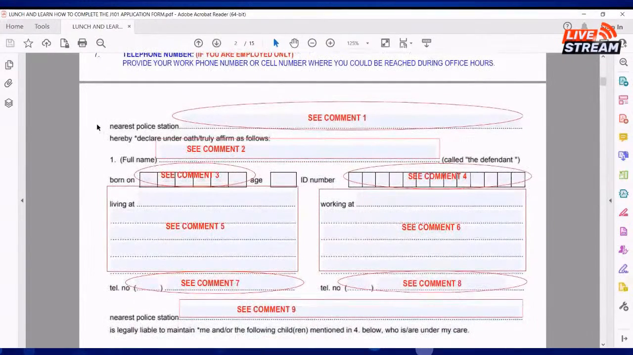Turning to the next page, it says that is the police station where you reside. It's the police station in the area or the suburb closest to you where you are living. And then you declare the other person. Now, comment number 2 says he is the defendant, or in the new forms, it will probably read the respondent,